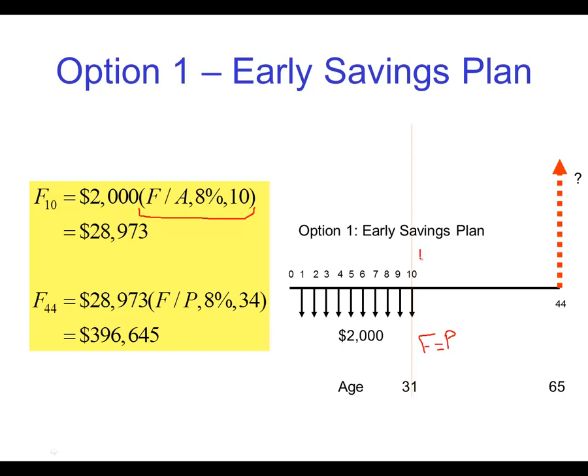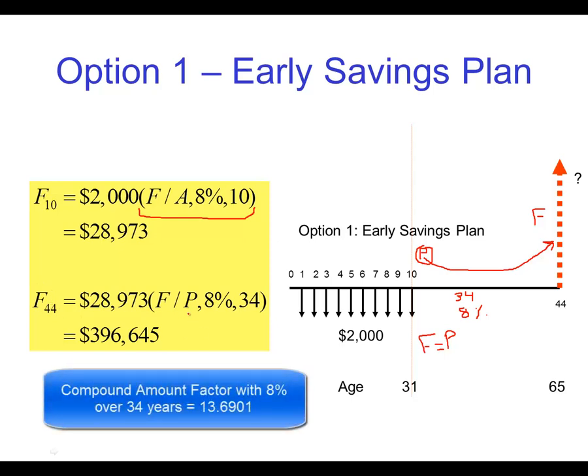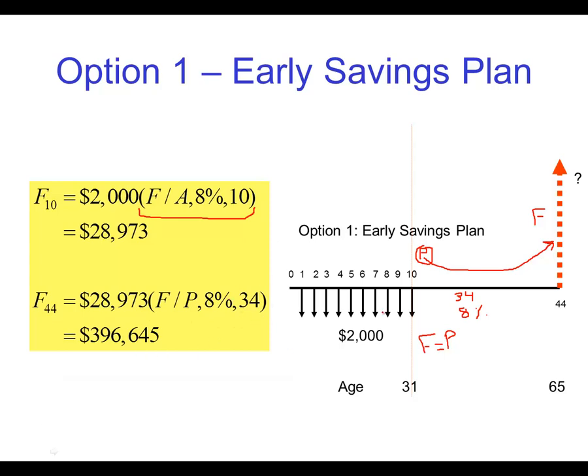So from here on, I will use that P and calculate all the way to the future. How much will be the future value for that principal? That will be over from 10 to 44, that's 34 periods. So the number of periods is 34, and the interest rate is 8%. I will use the formula for finding the future value, knowing the principal, the original formula that we used before. P at this point is 28,973, 8% interest, 34 equal periods, that will equal to